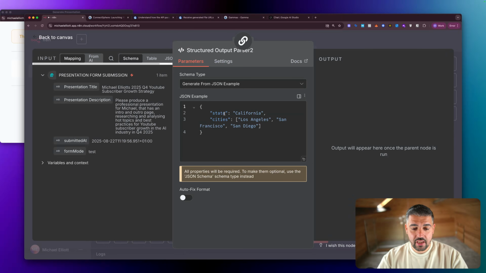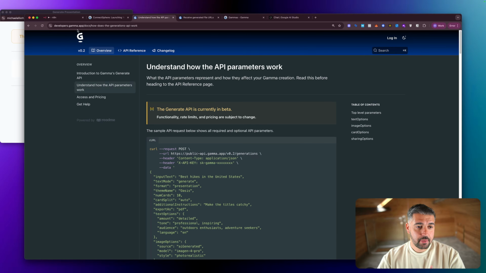It's literally so easy. You've just got to fetch your API key. It's not always true, but in this particular case it is. This is a flow I could build in 5 minutes if somebody wasn't watching and I wasn't explaining. So to go back to this, it's given an example. This is the basic JSON example that it will use. Well, I'm going to go one step further, and I'm going to go into the Gamma API,